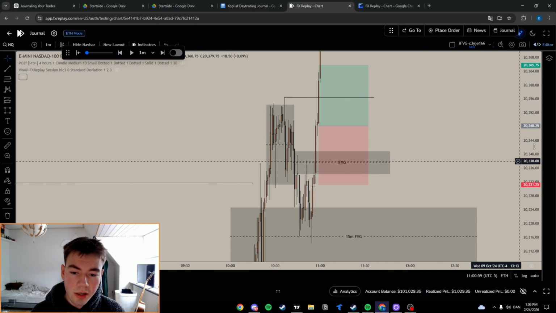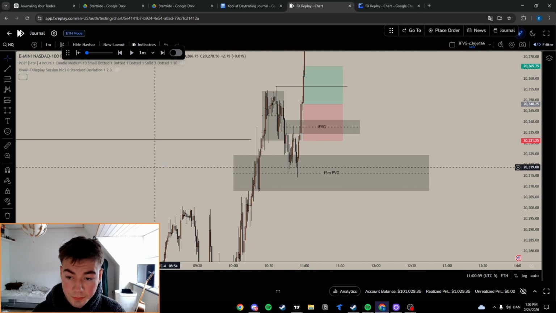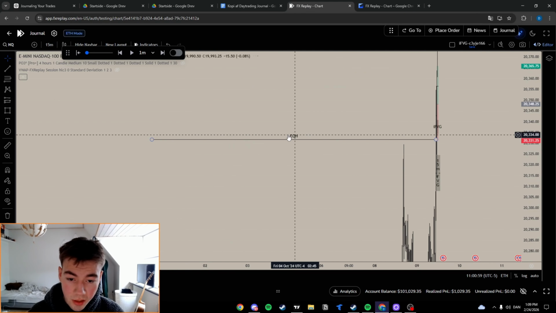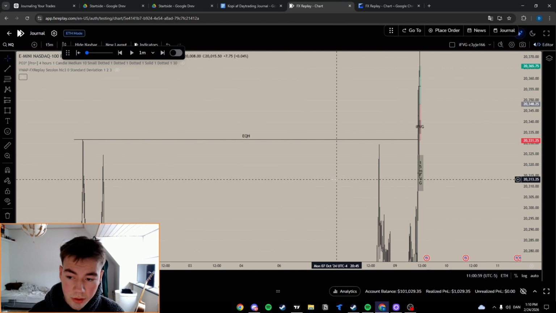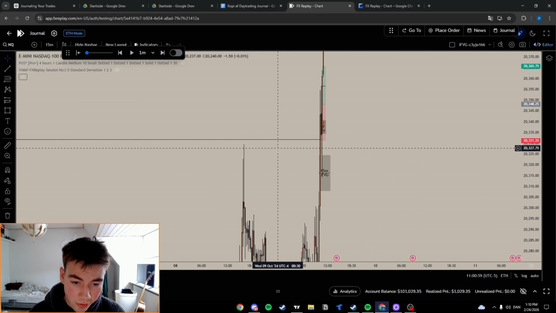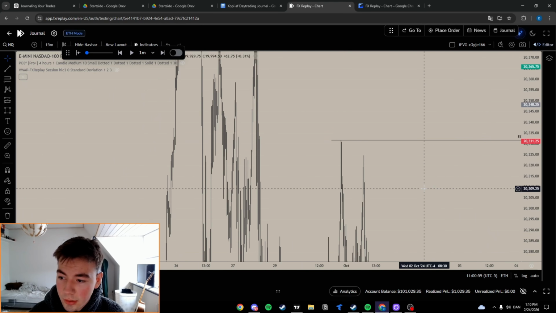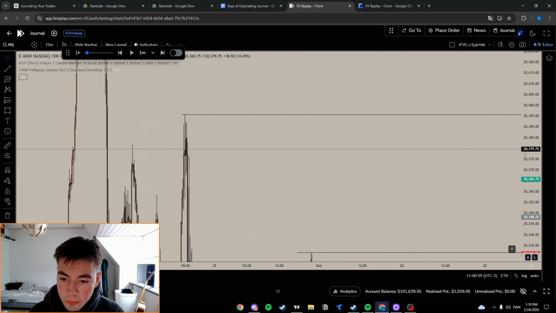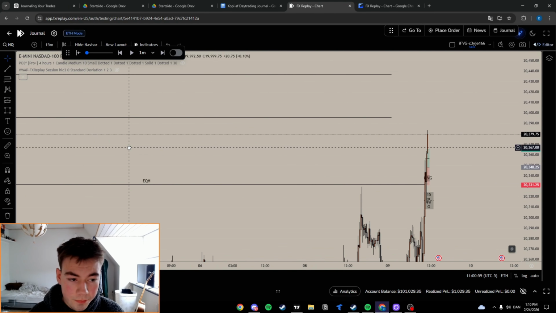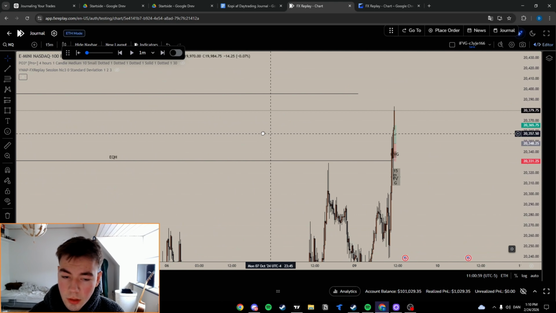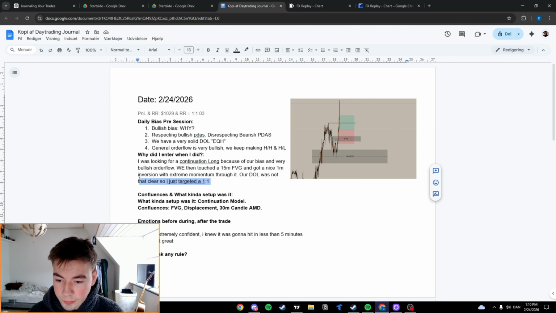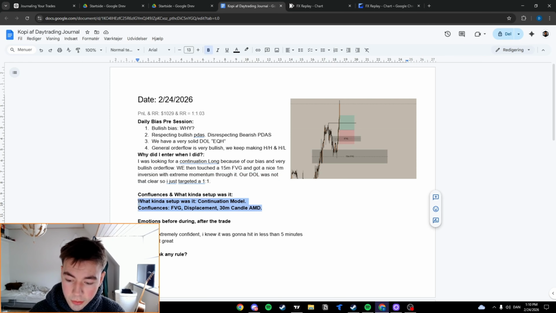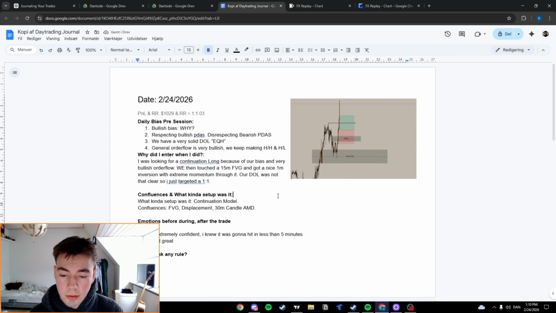So why I wrote it wasn't clear is because we already swept out our initial drawn liquidity right here. These are actually not equal, by the way, they are relatively equal. But I mean, we have some draws higher as well. So yeah. I'm not writing this in extreme depth right now, just because I want you to do it yourself, but you can do whatever you want.